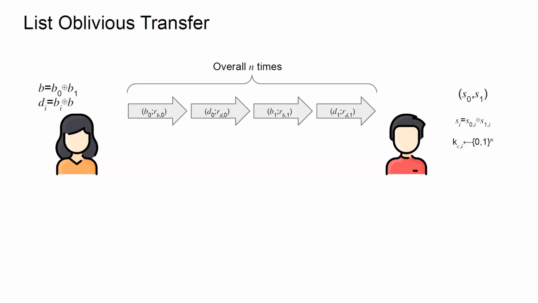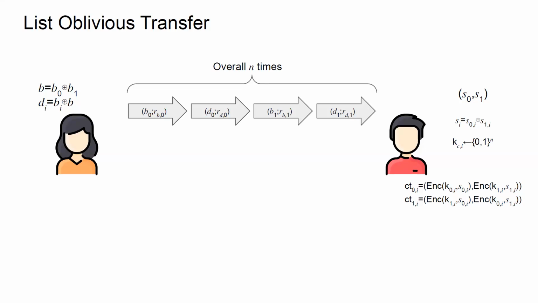In the next step, the sender is also going to compute an n-out-of-n secret sharing for its inputs, and it's going to sample some encryption keys for all of these shares. And then in the next step, it's going to generate the two pairs of ciphertexts in such a way that the receiver is only able to reconstruct all the shares with respect to one value